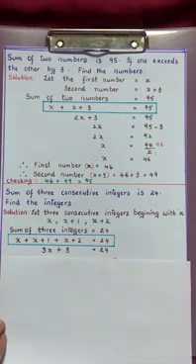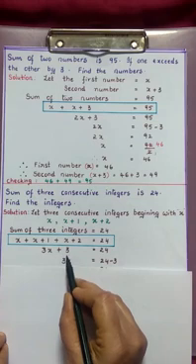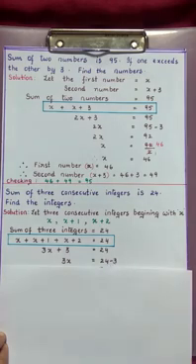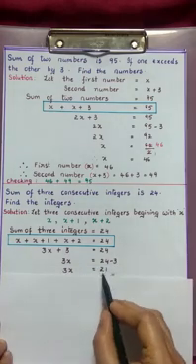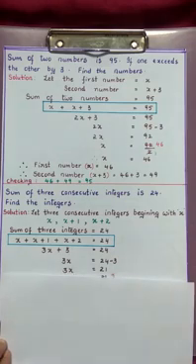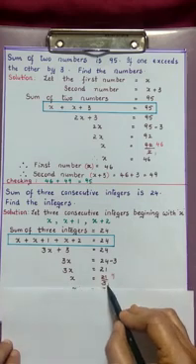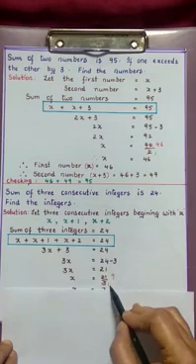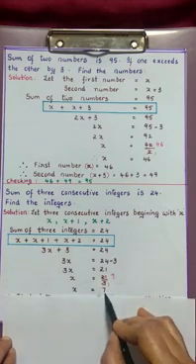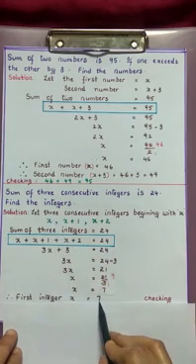Now let us solve this equation by transposing method. Now here 3 we are adding on the left hand side. If you transpose to the right side, we subtract. So we get 3x is equal to 24 minus 3. Then we get 3x is equal to 21. Now 3x means you know that 3 is multiplied by x. When you transpose to the right side, we divide by 3. So x is equal to 21 by 3. Now simplify here. 3 ones are 3, 3 sevens are 21. Now what is the value of x we got here? 7. This 7 is nothing but your first integer. So therefore the first integer x is equal to 7.